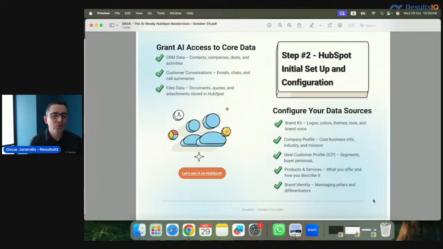If it's not able to access the context and structured data, like those customer conversations, the emails, the chats, the call summaries, especially, that is gold. And I need to do a deep dive on just call transcripts because there's so much in there, right? So much data that these agents can use to enrich their output. But if you don't give it that, then it's going to be a waste of time